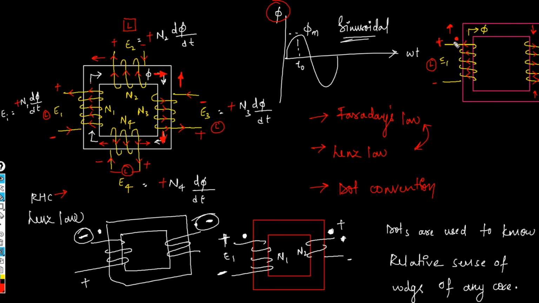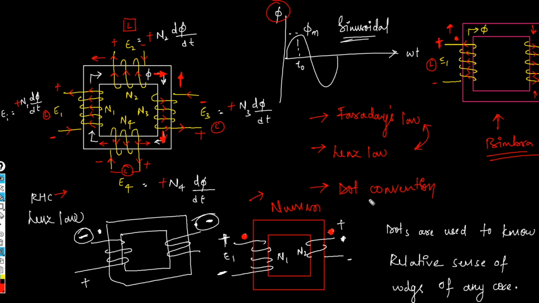Now this time, the dot which has been representing your plus sign has been interchanged to the down terminal. So never think that if it is a dot, then it should be exactly on the upper side of the left winding in this way. That's not the case. It can be up or down, or it can be upside down. It doesn't matter. What matters is the polarity of the induced EMF only. This is the figure which is used in the standard book, PS Bimra, and this type of figure can be seen in some numericals.